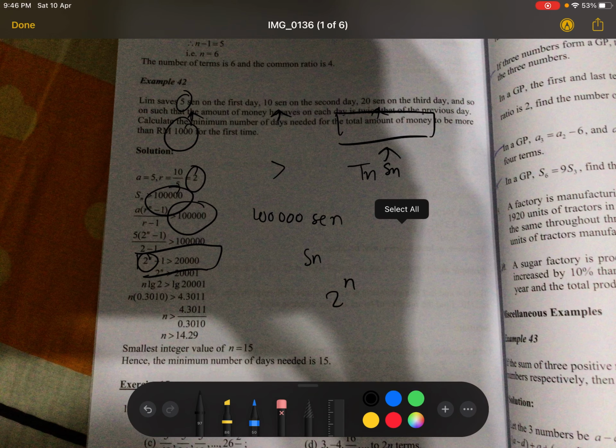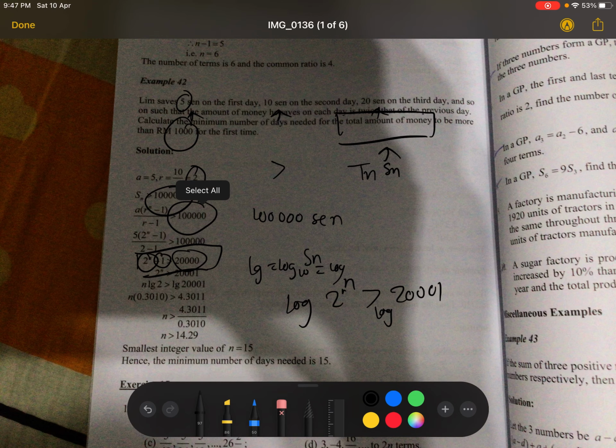What I want to do with this 2^n is make sure that the 2^n is alone on one side. And I want to bring the other side to be a whole number. So you can see it's minus 1 and 20,000. So I bring that 1 there. So I will get 20,001. Then I want to use log 10. Log 10 or lg is equal to log 10, or just log, normal log. So log 2^n equals to log